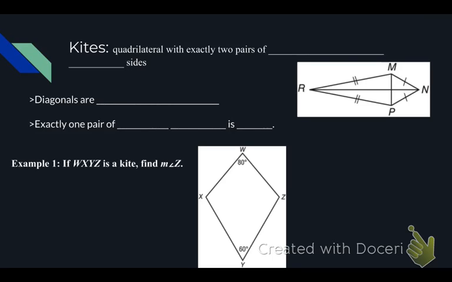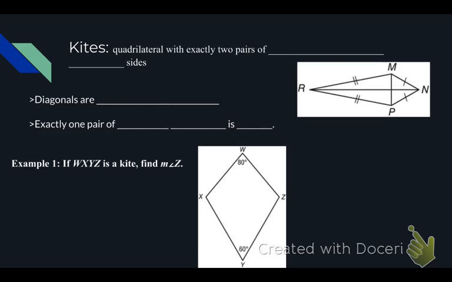So then the last part here would be kites. Now a kite is another term that gets called a diamond a lot, which there's no such geometric term as a diamond. A kite is what we normally think of when we think of a kite that you fly. It's that type of shape. So it's a quadrilateral with exactly